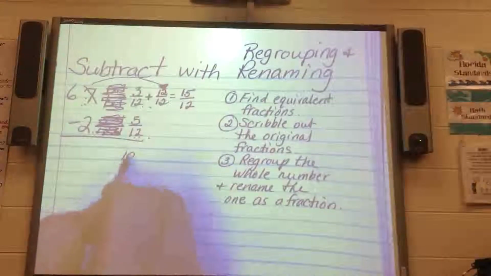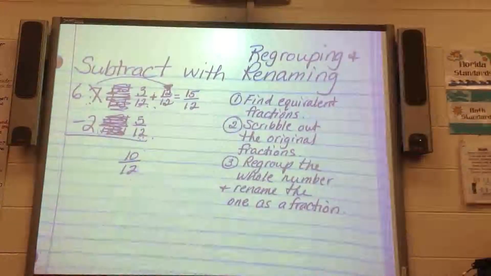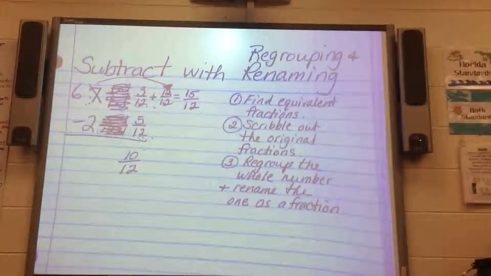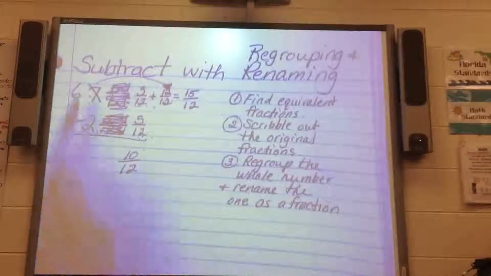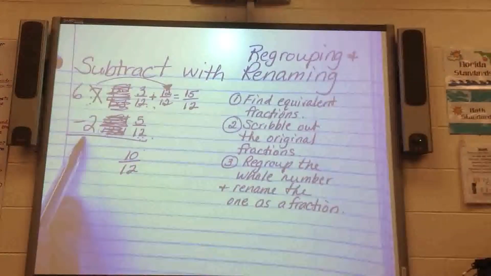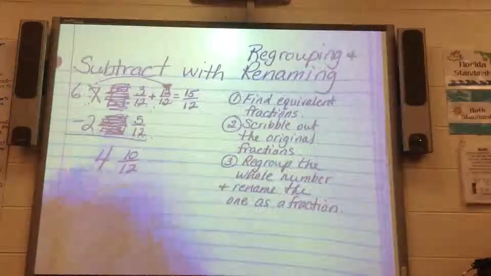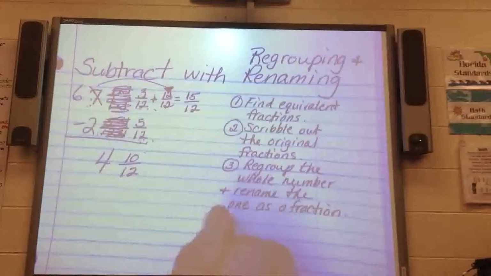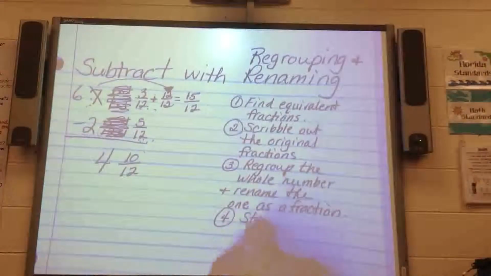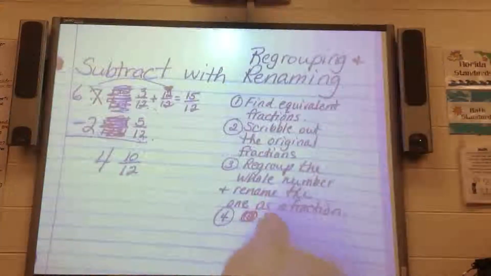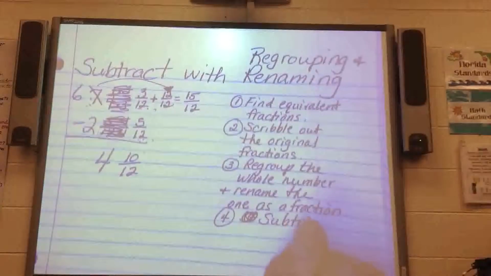And my final answer here, well, not quite a final answer, will it be? Because this is not in simplest form, but it will be 10/12. And then I'll come over here and subtract my whole numbers that I have left. 6 minus 2 will be 4. Not quite done yet, because even though I just, oops, I'll scribble that out, sorry for that error. Even though I just subtracted,